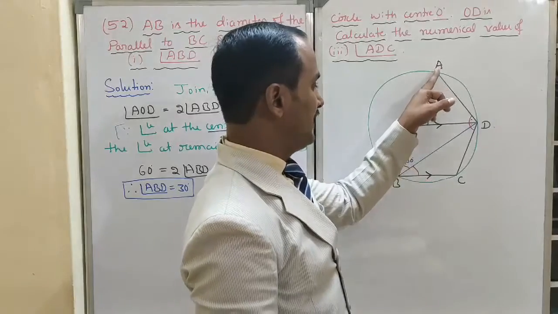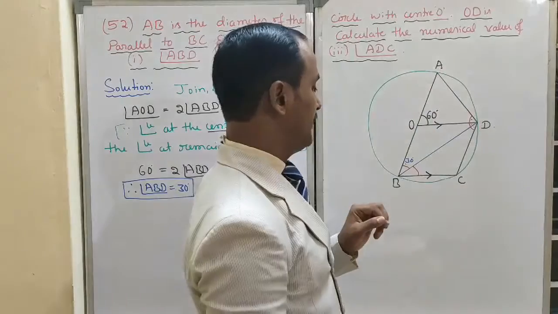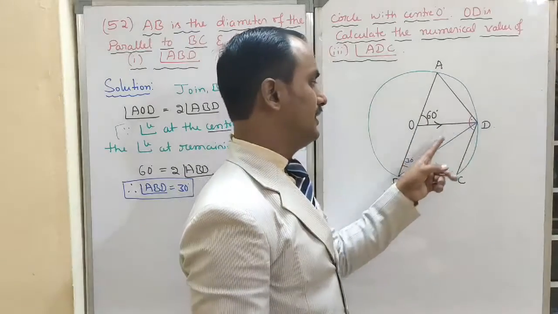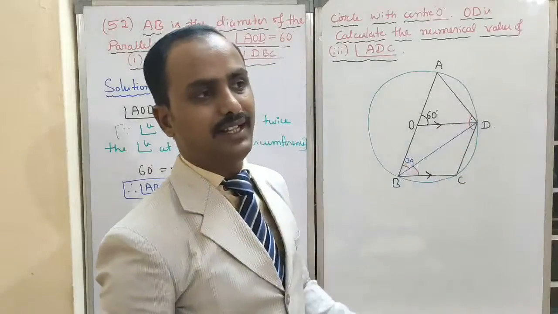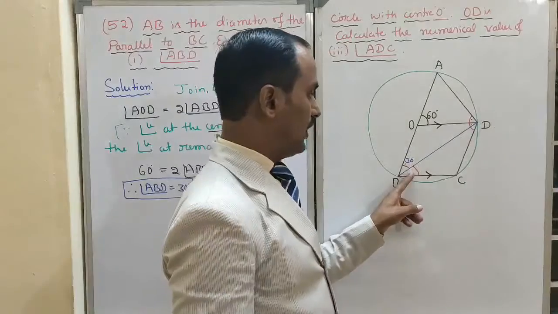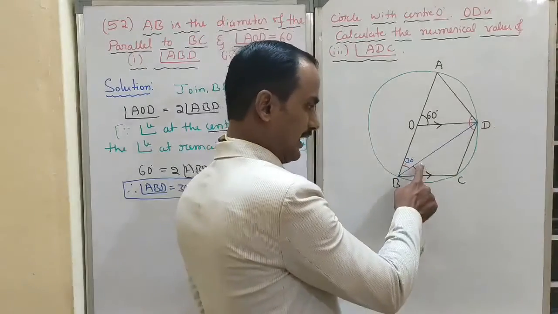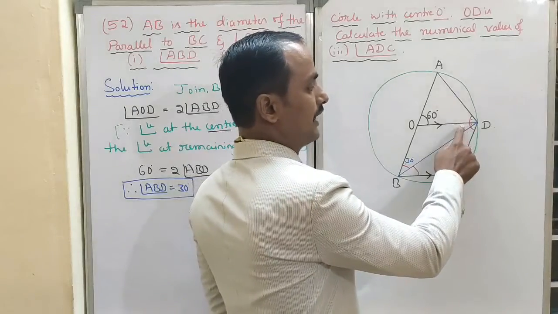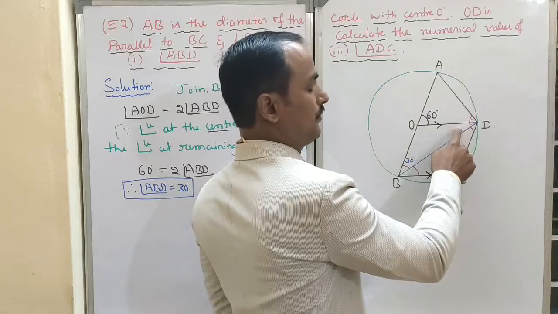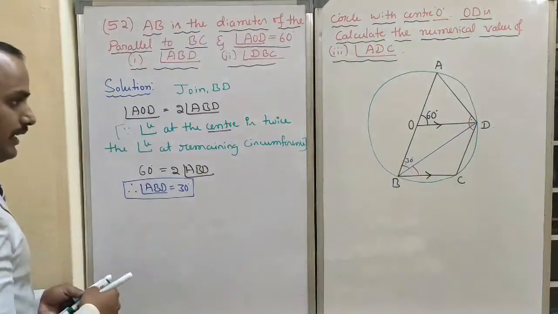This complete angle, in cyclic quadrilateral ABCD. In a cyclic quadrilateral ABCD, a pair of opposite angles sum to 180 degree. This is 60, this is 120 will come. Clear, dear children? First, what can I find? This angle value I want, the alternate angles value. I will find this angle with the help of 90 degree. 90 degree means not possible to find it directly. This angle value, ADO, I want. First I will find out ADO. Coming here, dear children.